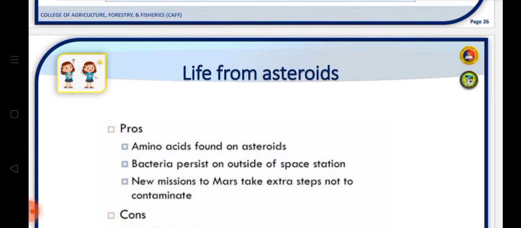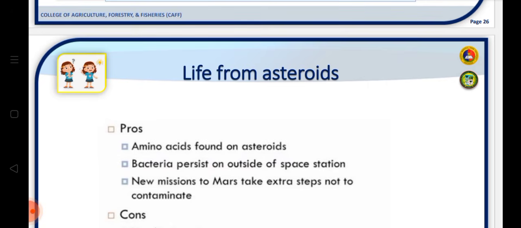Okay? So, what are the pros of this? Scientists consider it plausible. So, what are the pros of this belief? They said that amino acids were found on asteroids. Meteorites like the Murchison meteorite have been found to contain amino acids, the same building blocks of proteins found in living things. Then, microbes can survive in space. Experiments on the International Space Station show that certain bacteria can persist for long periods in the harsh vacuum